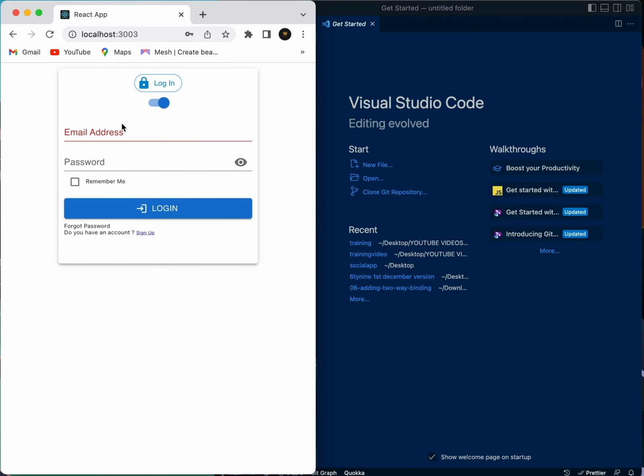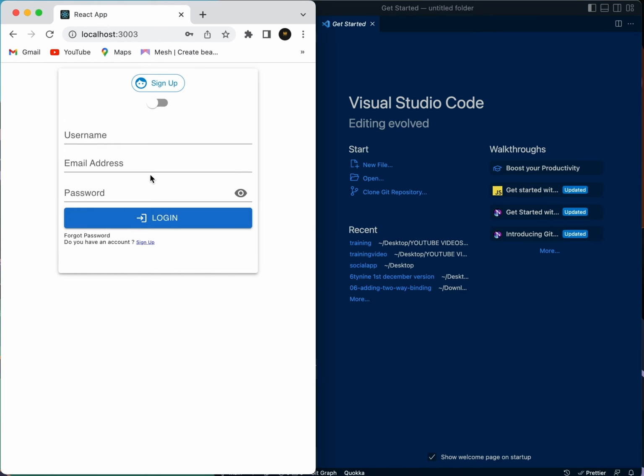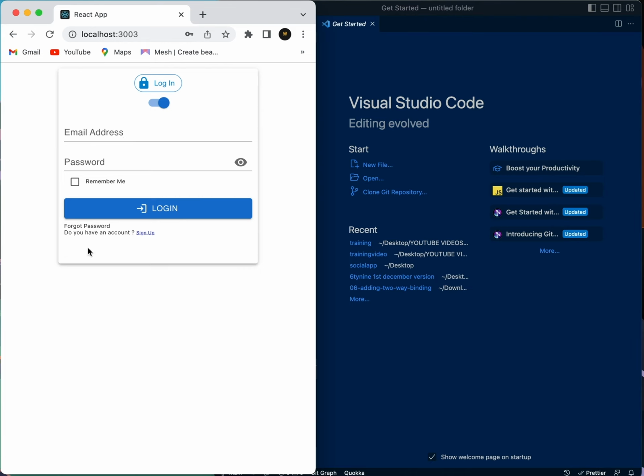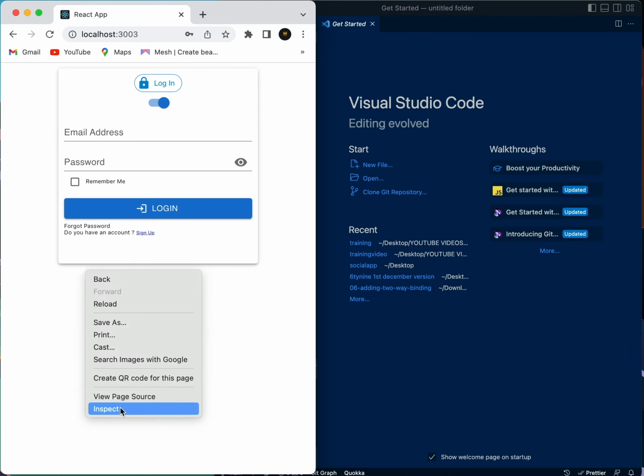If you don't click anything in the email, it will show an error. You have to type something in the email. Or if you go to the password to show an error, and then you type something in the password, it's okay, and then it will show you form submitted successfully. Same here too. So now it doesn't just validate it, it also does something with the feedback gotten from the